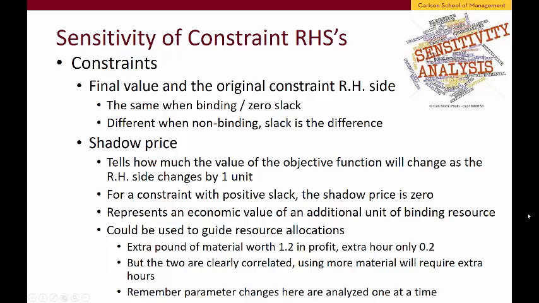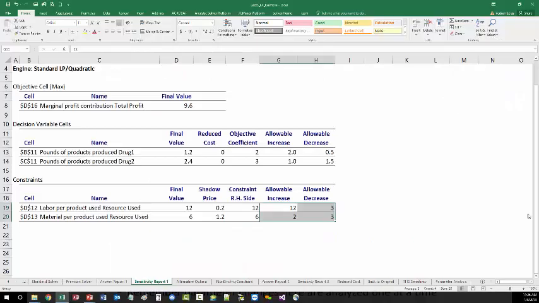So in this last video, we're going to analyze the final section of the original sensitivity report number 1 associated with the base model, which shows the final value, let me switch to it, of both the labor and material constraints, as well as showing that they're the same as their right hand sides, which means both are binding. In addition to that, it shows something called shadow prices: 20 cents or 0.2 for labor, and $1.20 for material,